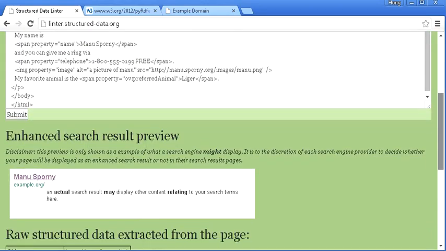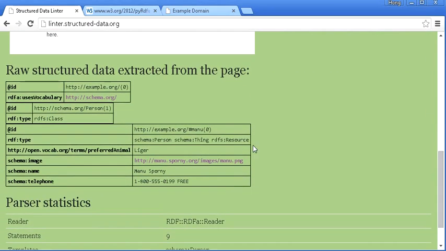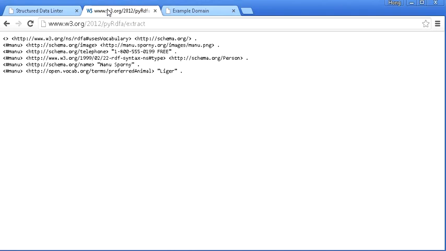And down here you can find the raw structured data extracted from the page. This would be the RDF triples that most browsers will be able to extract from your input. And that information will be used to rank your page and to provide search for your pages. So let's look at this, and we can compare it with the N-Triples result we extracted earlier